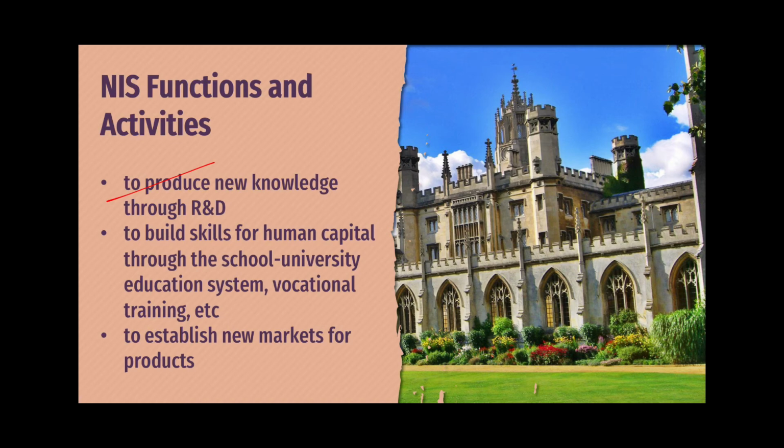And then siguro usually when you look at studies regarding NIS, you would see: is the public spending for R&D decreasing the economic inequality in a specific country? And then they would plot the lines across the years in terms of how much money did we spend for R&D per year, what is our Gini coefficient, or Gini coefficient is kind of an economic indicator of economic inequality in a country, and then they plot it over a long period of time, and you would see pag tumaas ba yung R&D expenditure, bumababa ba yung Gini coefficient, tumataas ba yung GDP natin or yung GNP natin.